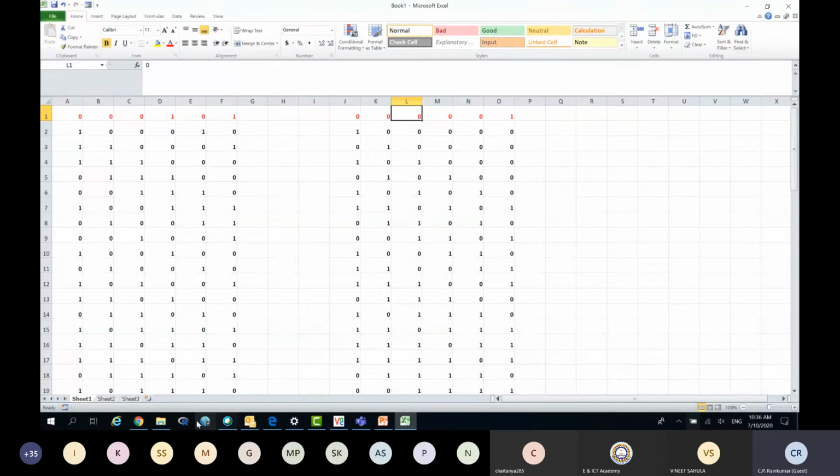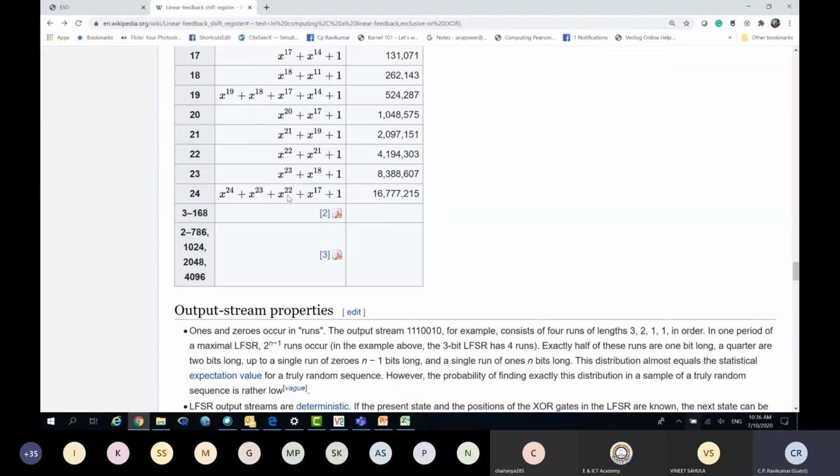I will let you try this larger example. It will be very interesting. You can try bigger ones, let us say 24-bit, and I think your Excel may not allow this. It may not be able to have that many rows. That is another problem of Excel, so it's better to use something like Verilog, or even the C language. C itself can be used as a modeling language. SystemC also exists, where they took the C language and converted it into SystemC. At some point of time, it was quite popular.